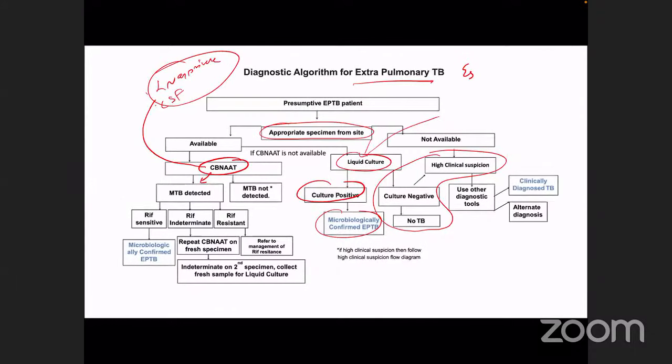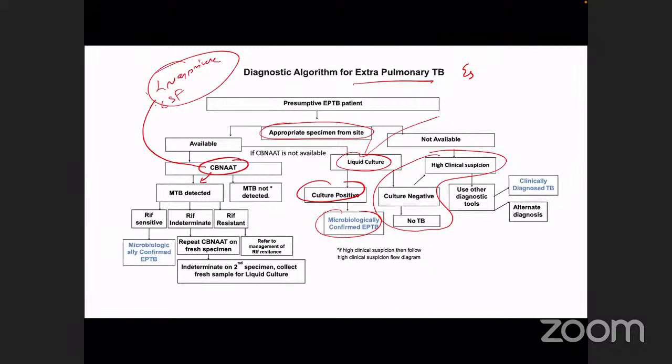So, yes, we'll start with this again. For extrapulmonary tuberculosis, I just told you that many times you may not have a sample available for the diagnosis, and in some cases you may have the sample. CBNAAT can be done as per the guidelines for either sputum, lymph node aspirate or the CSF. For other samples, you may use it at your discretion, but it is not recommended by the guideline because of low sensitivity. And in case CBNAAT is not available and you are still suspicious of tuberculosis, you can get a liquid